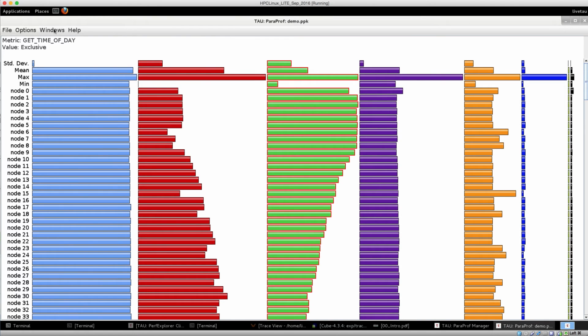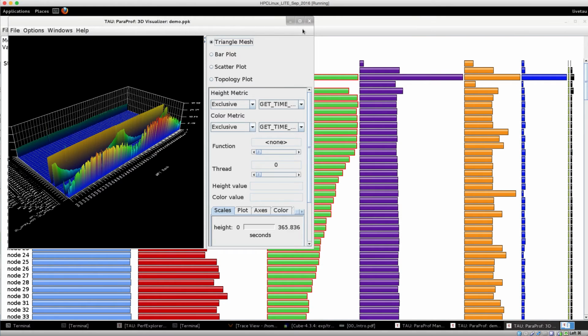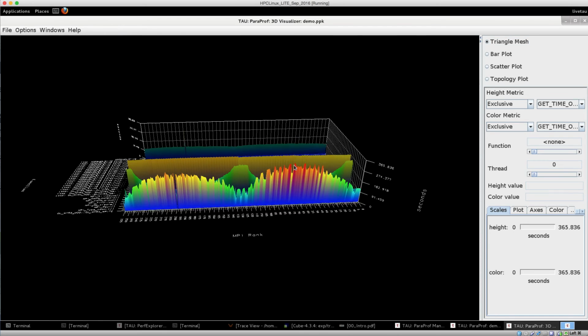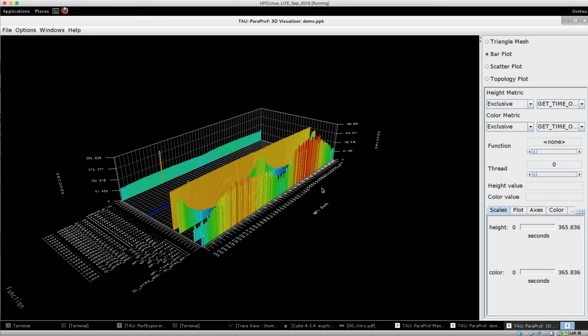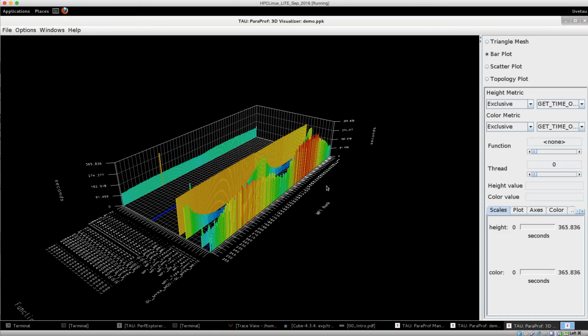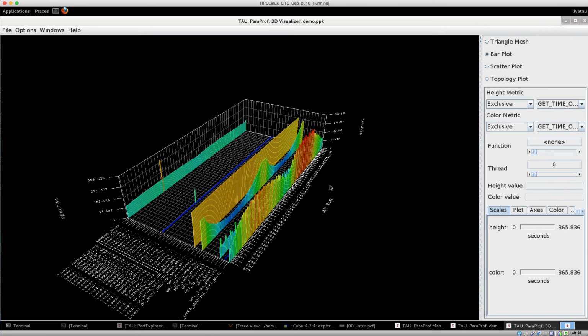I can view this data in a 3D visualizer. As part of ParaProf, I can see along one axis the MPI ranks, along the other axis the routines or loops, and along this z-axis I can see the exclusive time spent in the function in a triangle mesh or a bar plot. So I can see the shape of the full profile. If I want to find out what a given function is, I can look at these two crosshairs. There's a function crosshair and a thread. If I move the function crosshair